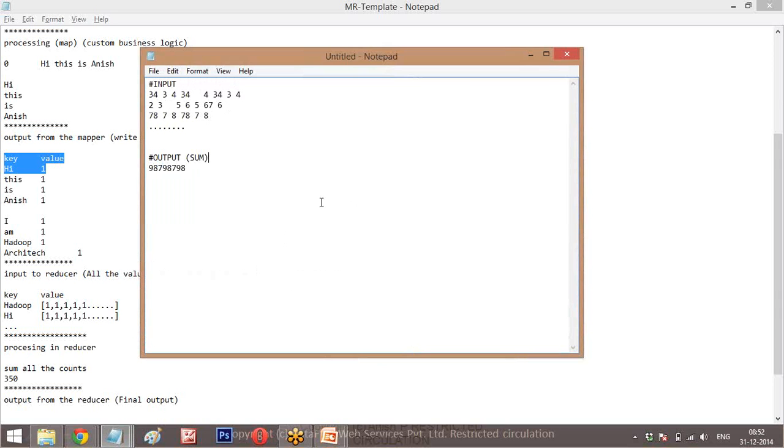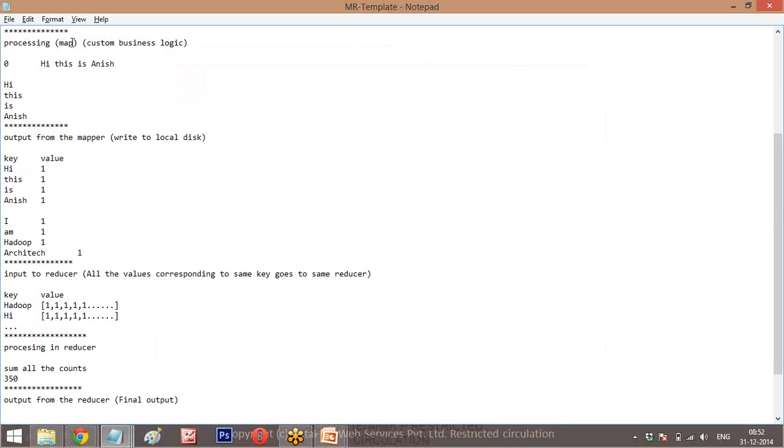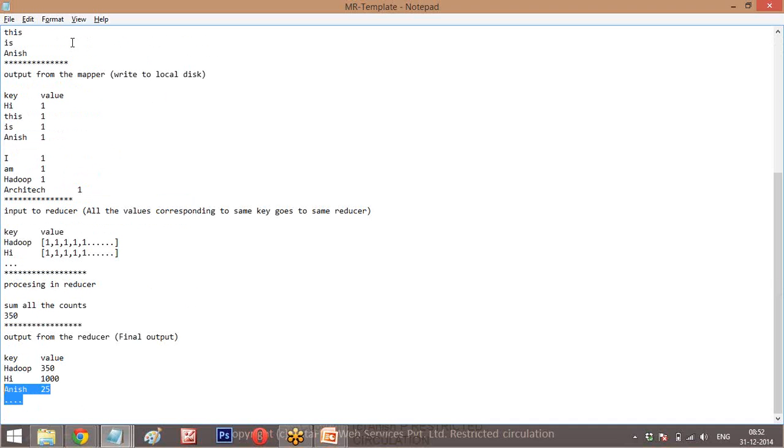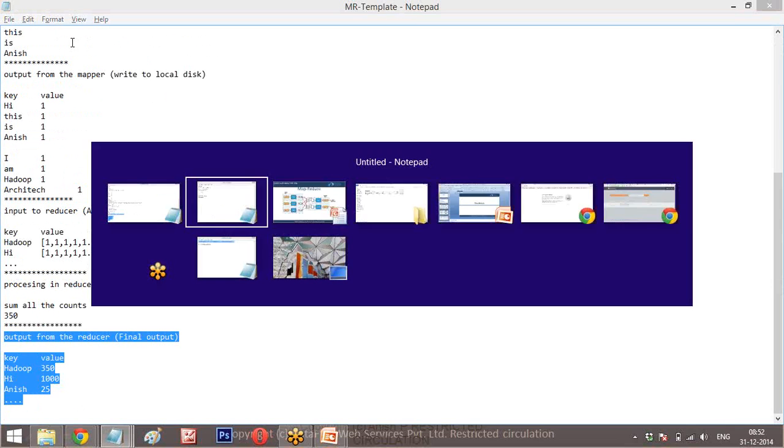You need to develop a similar MapReduce template, with similar sections. This is your input; you can write numbers here. What will be your input to the mappers? Write it like this. What will be the processing in a mapper? Write it like this. Just separate each and every section with a star or something. And I want the complete flow till the final output. Here in this case, the final output, what I want is